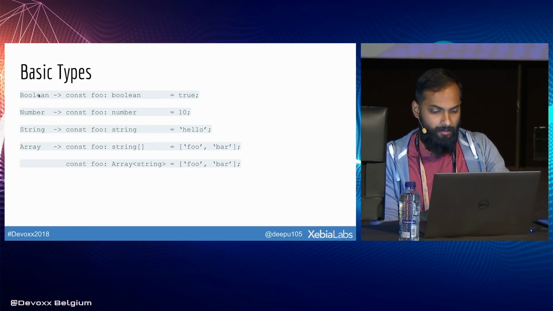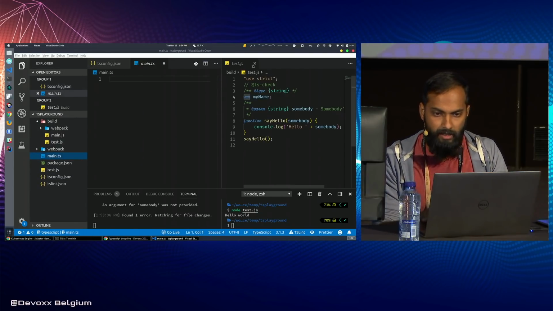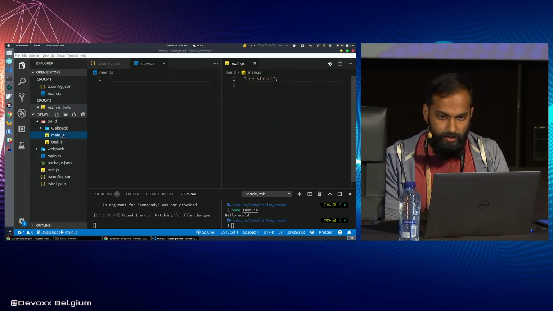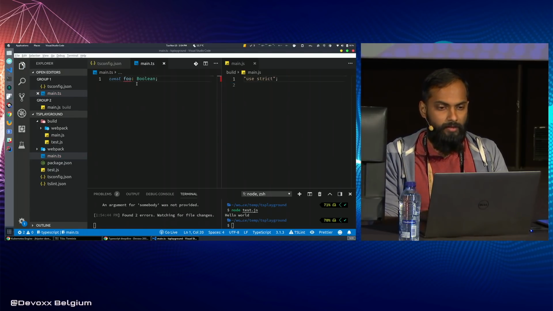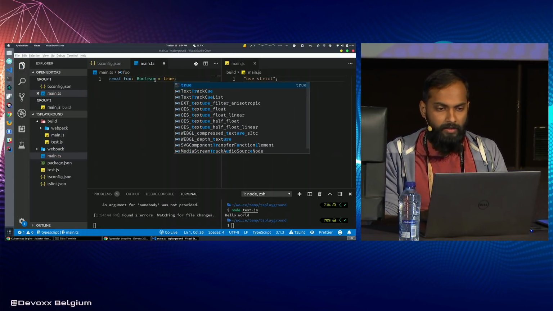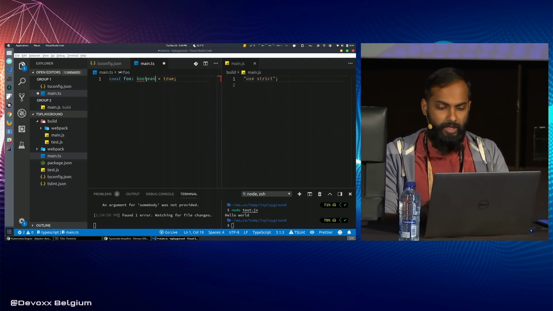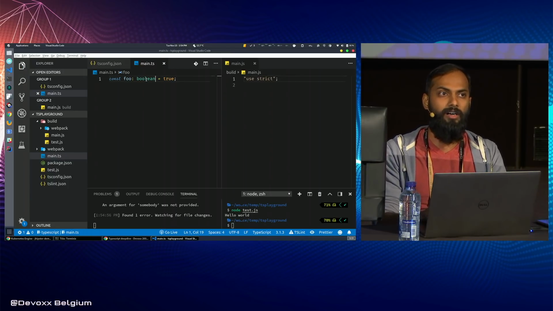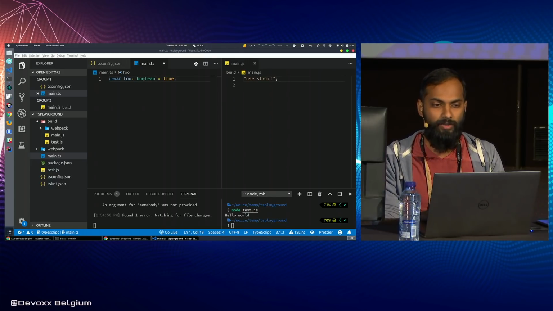Because you will always find, say, for example, let's switch to this file. So I can always do constant foo. Never do this. This is a box type. Never use this. Always use boolean. Especially because in JavaScript, boxed classes are notorious and they are not that great. So always stick to